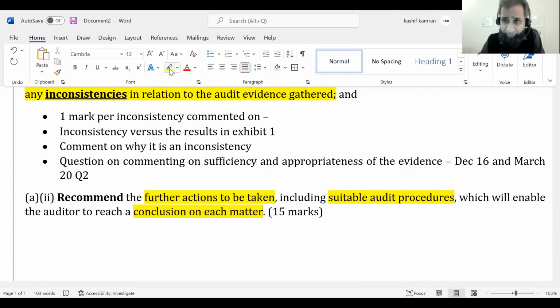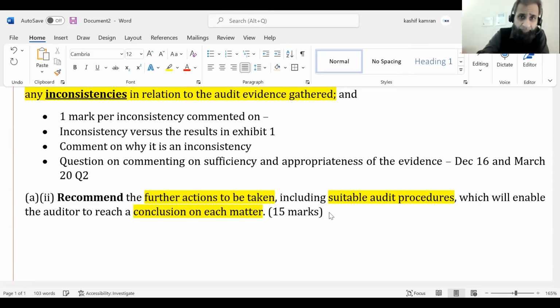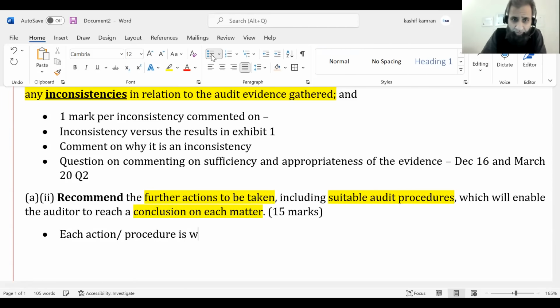Some of the matters are subsequent events. Some of the matters are analytical procedures. So what sort of actions will you be taking as an auditor, or what sort of procedures will you be developing as an auditor to reach a conclusion on each matter? Now, we know that each action and each procedure is worth 1 mark, right? And we know an action and a procedure